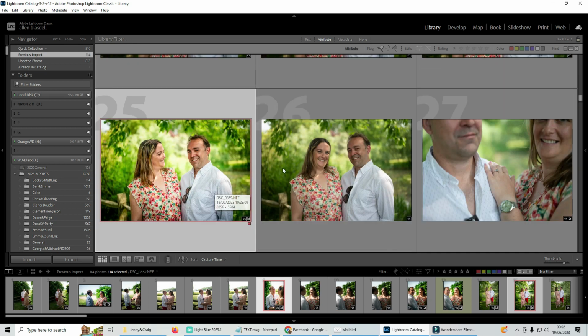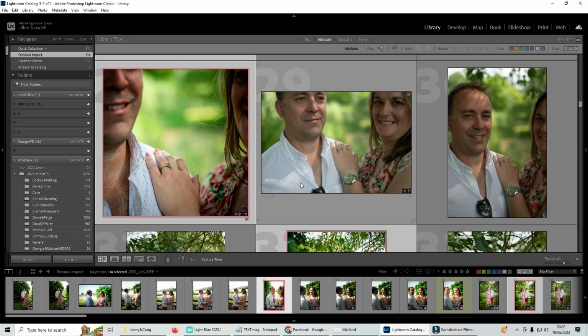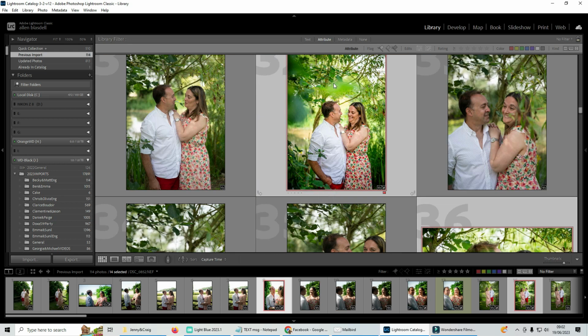Even more sort of in the foreground. So I'm looking for foreground. Here we go. So foreground, subject, background is my ideal way of shooting. And I like the look of photos being documentary, of not being staged or posed, as if they just happen to be walking around the garden and they stop and they have a chat,